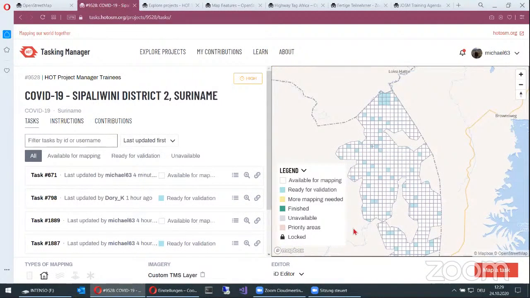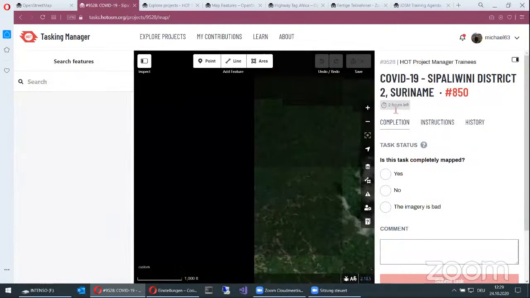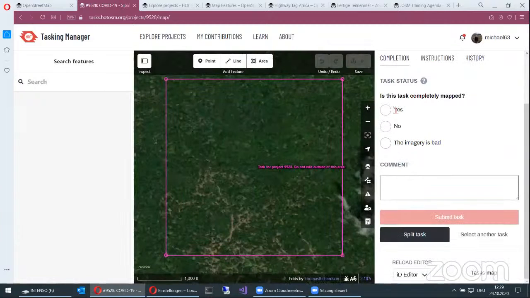Just go somewhere, I want to show you a thing. Yes should only be used if the task is completely mapped. Oh, that seems to be a good example, because